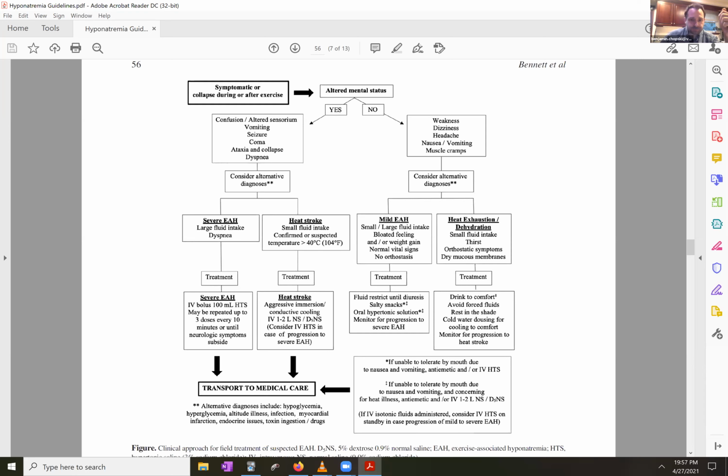So the oral hypertonic solution, there's been some really good discussion here in the group about the goo pack. Unfortunately, your goo packs and your sports drinks are relatively worthless for this. If you look at your average Powerade, for a prior presentation I did for the Southeast Student Wilderness Medicine Conference about 2 years ago, I talked on EAH, and I actually looked up the Powerades. It's 20 to 30 milliequivalents per liter of salt in them. They're more sugar than salt. The salt is really there to make you feel like you're getting electrolytes more than it actually helps you,